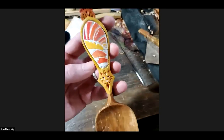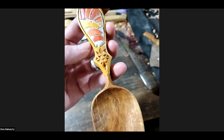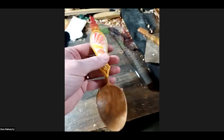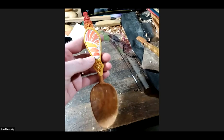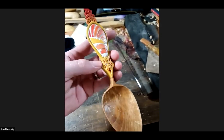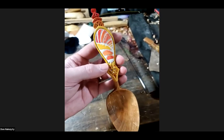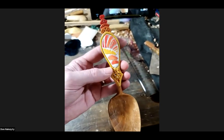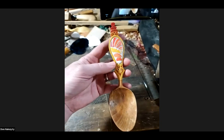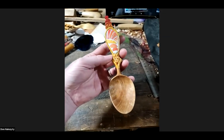I started with more traditional triangles, and I had a whole built-up series of triangles originally that covered the whole thing and, depending on how you looked at it, formed a bunch of images. But after this first part, I thought, I'm never going to get this done. So I went into a little more free form above, and I just had fun with it. I carved this out of some spalted beech that was